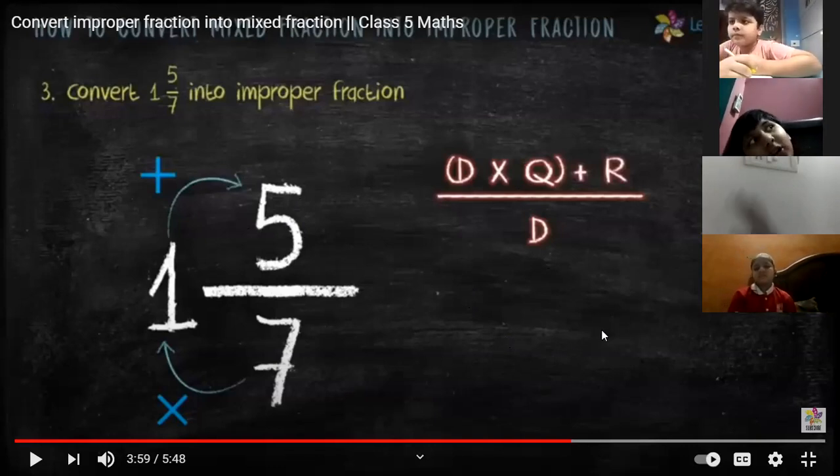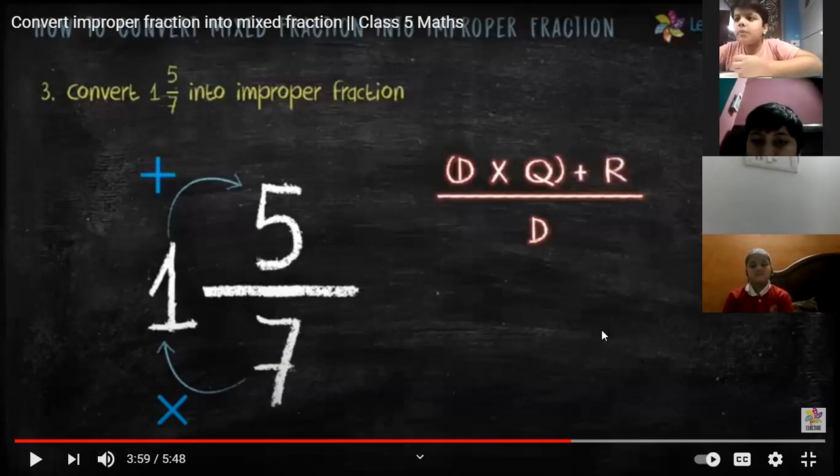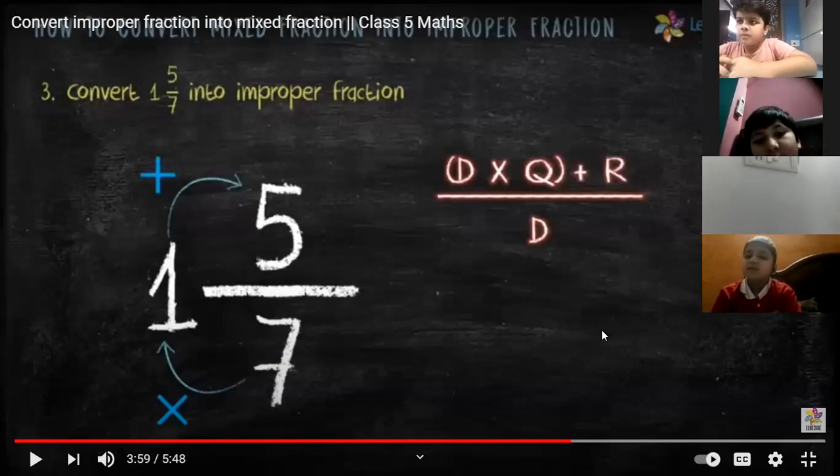Clear. So can you tell me which two terms we are going to multiply here? Agrim. Ma'am, we are going to multiply the quotient and the denominator. Not denominator, it is divisor. We can say either, because both the terms are same, but here we are going to use the term divisor. Whether the divisor and the denominator are exactly same, you can use either in place of it.